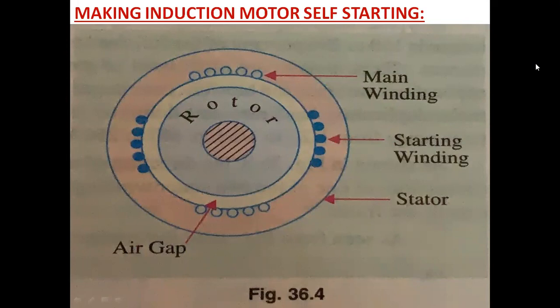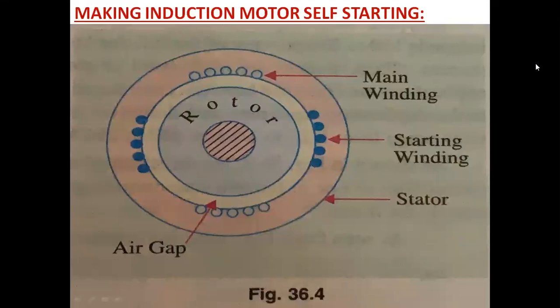After the motor attains the normal running condition, what happens? There is no need of the extra added phase. So for this purpose, the stator of the single phase motor is provided with an external winding. This external winding is called the starting or auxiliary winding, as it is used for the starting purpose of the single phase motors. It is called the starting winding.